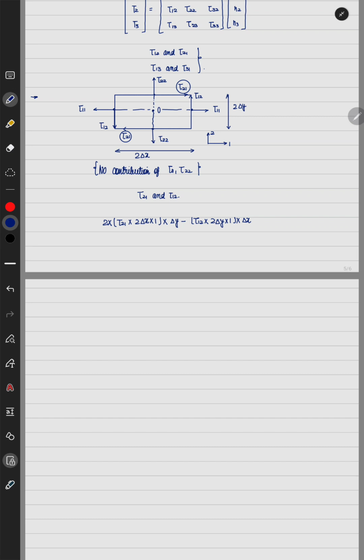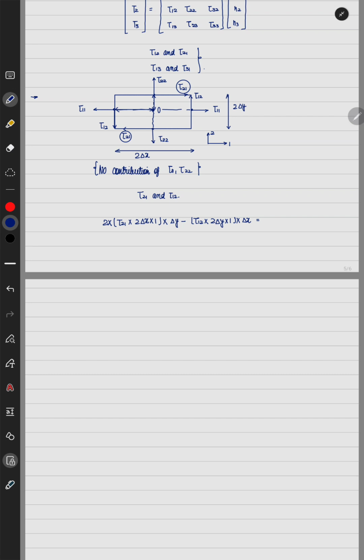If tau 1 2 is the force and the axis passes perpendicular to the sheet of paper on which I am writing, this length is the lever arm which is perpendicular to both force and axis. Similarly, this is also perpendicular to both force and the axis, because this is the direction of tau 1 2 and the axis passes through O. So this will become like this. Now these are the two forces which are acting, and this is equal to